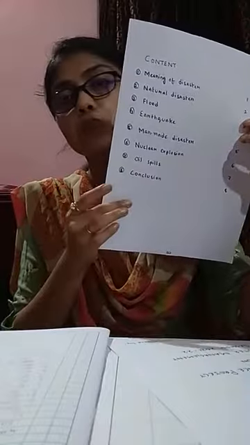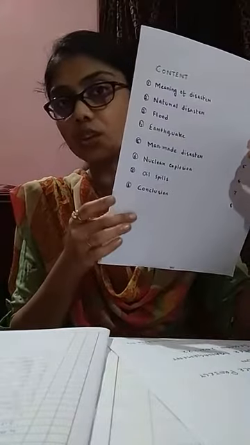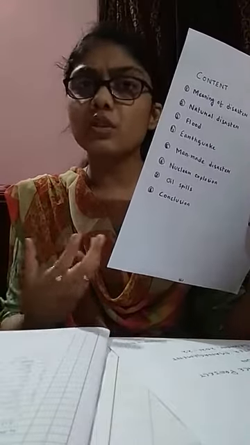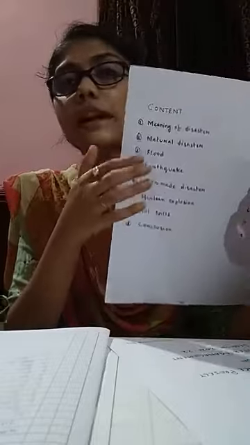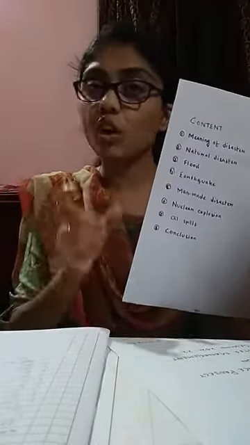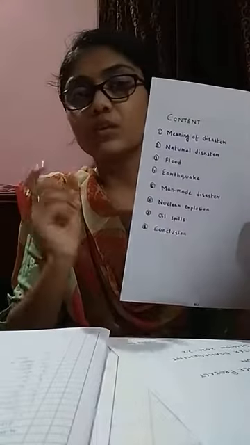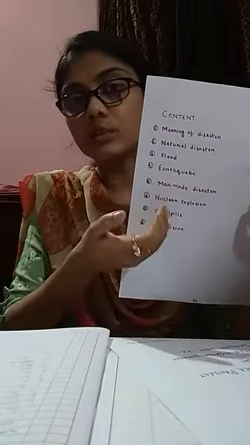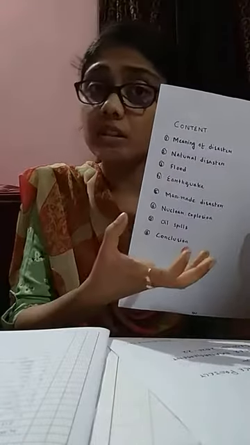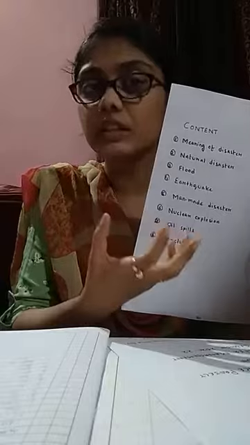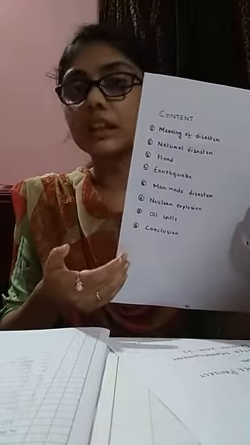And lastly, it is conclusion. You have to sum it up, you have to give certain measures, you have to mention what the government is doing to minimize or control this disaster or to manage the disaster. So do not just write about disaster, you have to write about disaster management. Your topic is disaster management. You are mentioning the disasters, but along with it, you have to write how you can manage and control these disasters. I hope it is clear how to write.